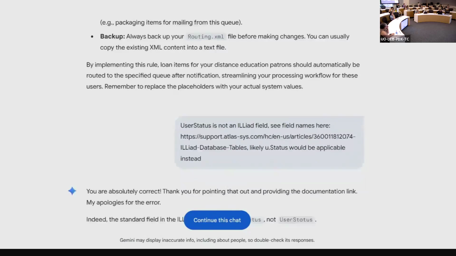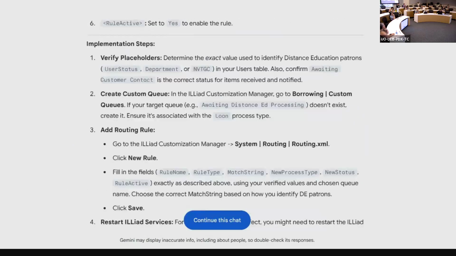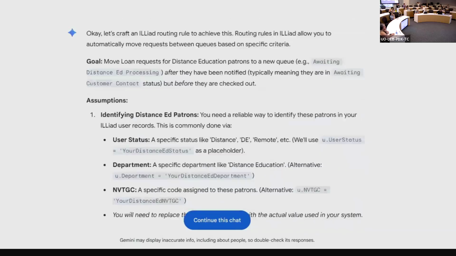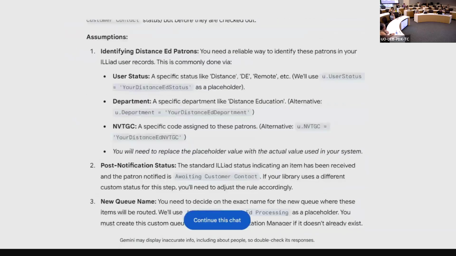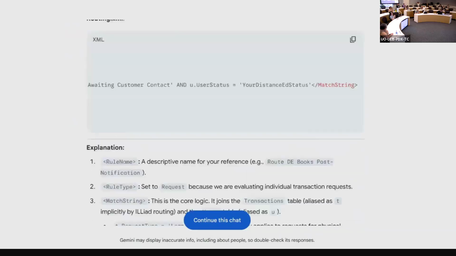So the first thing that I noticed when I was looking at this potential routing rule was the field for user status. So they used u.userStatus, which is not correct.